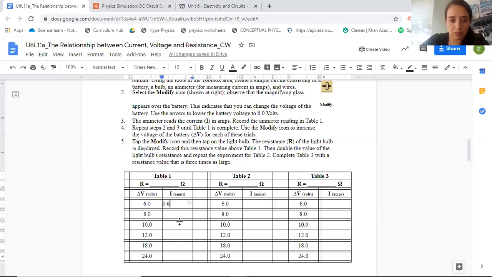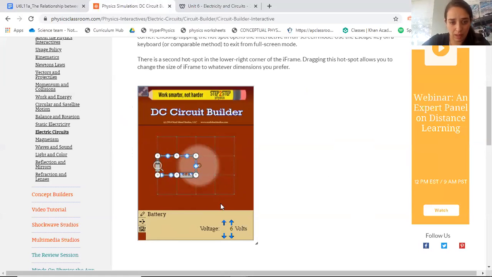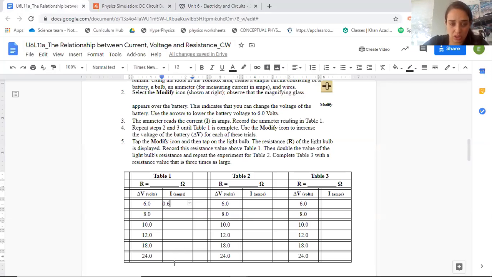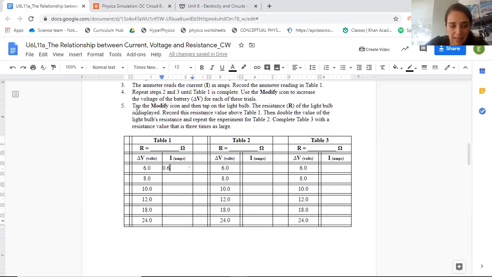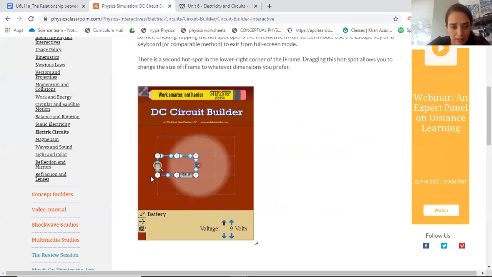You're going to repeat. The next step is to increase the voltage to 8, 10, 12, 18 and 24. Again, you do that by putting the magnifying glass over the battery and then changing this. Right. So as you change it, how does the current change? Right. And then at the end, it's going to ask you over here to find what the resistance of the light bulb is, and you can find that by putting the magnifying glass